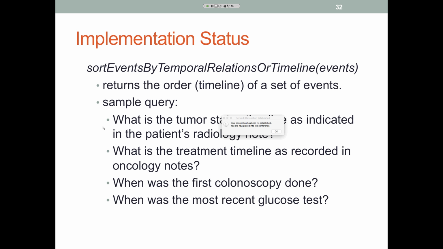And the last function is the comprehensive function. Given a set of events, can we sort the events by time, when they happen, and then display the events on a timeline?